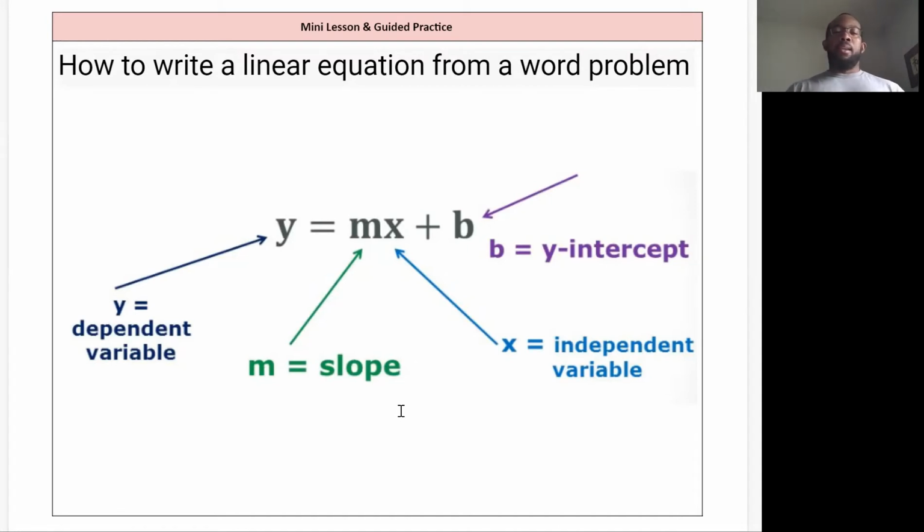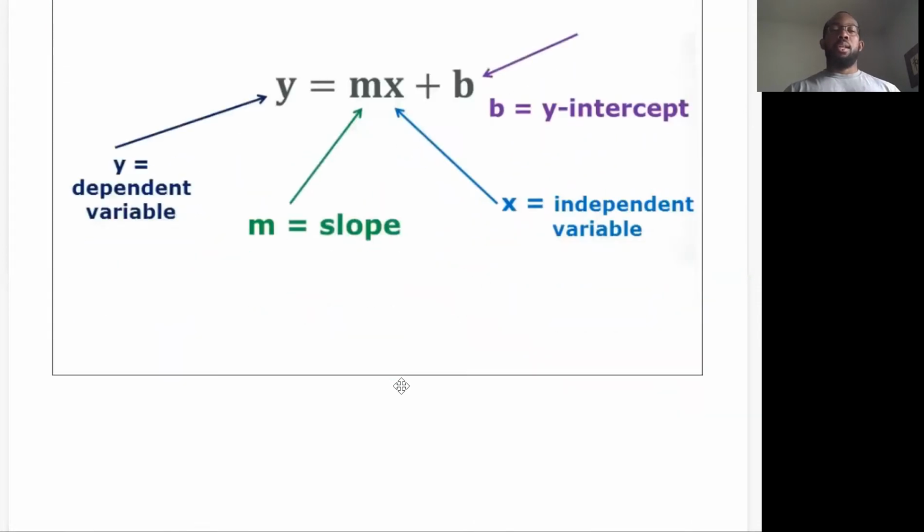X is your independent variable, so that usually means it does not depend on something else. And b is your y-intercept, which is also known as your initial value or starting point. All right, good. So let us look at